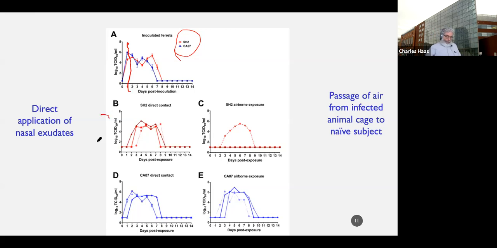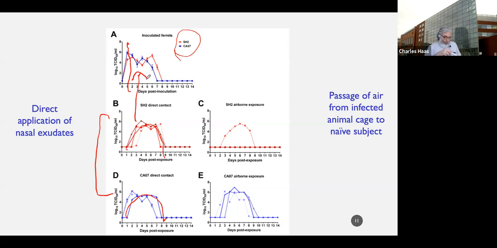These bottom two left-hand figures represent multiple groups of animals that were inoculated with the application of the nasal secretions from the first group. And basically you see that there's roughly the same incubation curve for those two strains as there were in the animals that were primarily exposed. So that illustrates that direct contact can be a route of exposure, which is not surprising. But